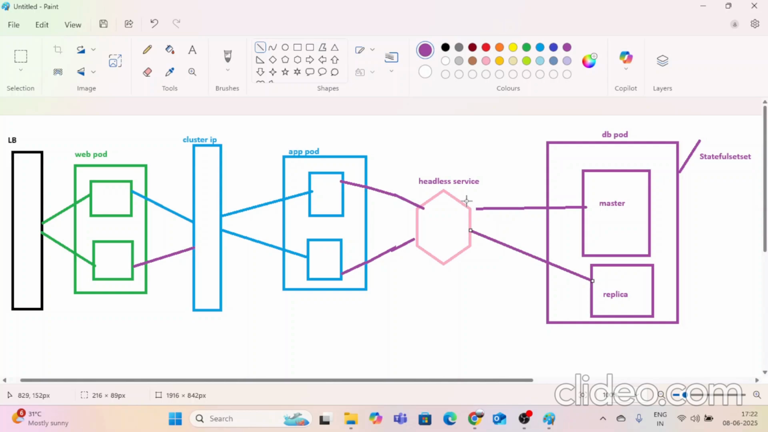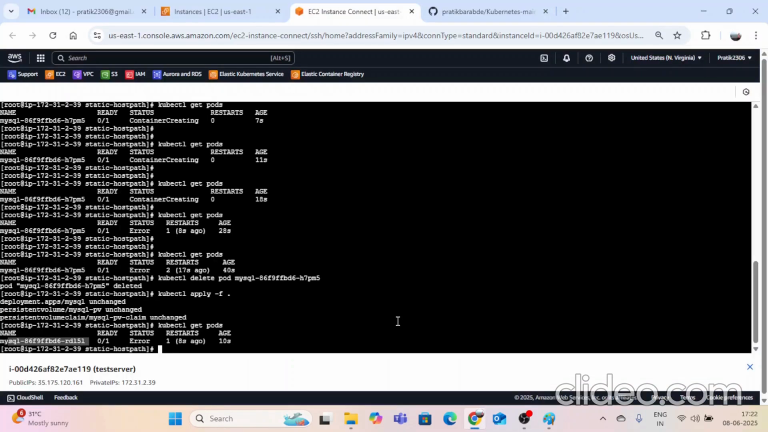Okay, so let's start with the practical. Okay, we'll see this with the practical. Delete this one. kubectl delete -f